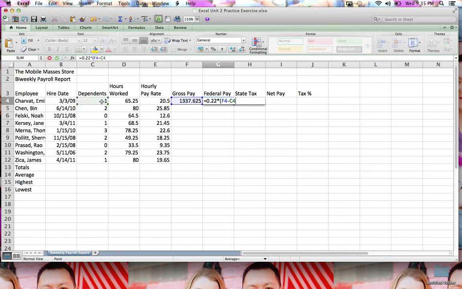Then we're going to type in times 24.32 and close the parentheses. We hit the enter or return button, and it gives us our total for the federal pay. Next, we're going to go into H4, and type in the equal sign,